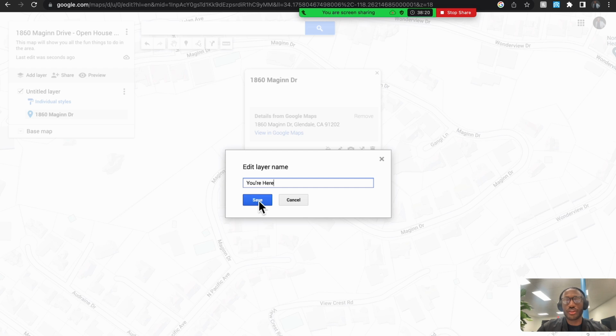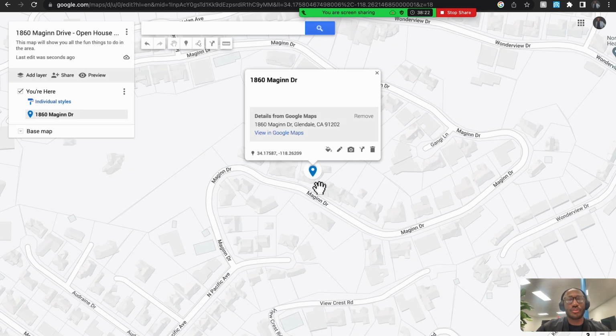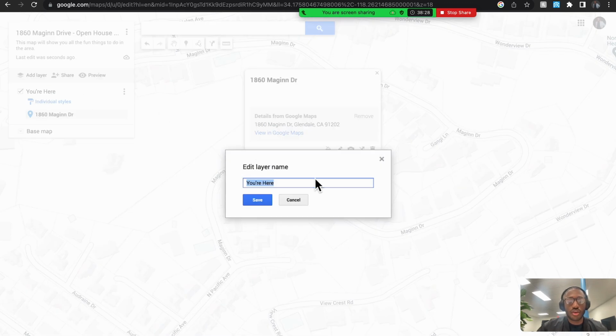So people know when they look at this map, this is where you're located right now. Or depending on what you do, you might not want to do you're here. You could just click on the name again and do subject property, something like that. Or just to be simple, put the address of the place. It's just going to be one of the pins on the map. But I don't want to put the address. I'll put